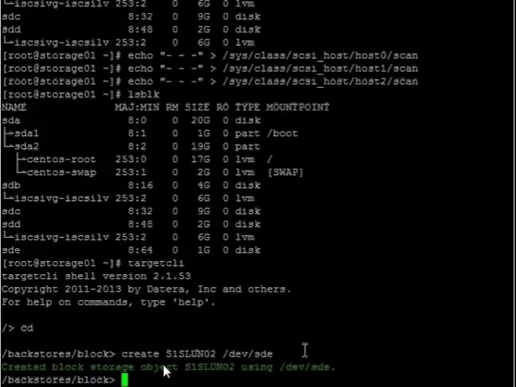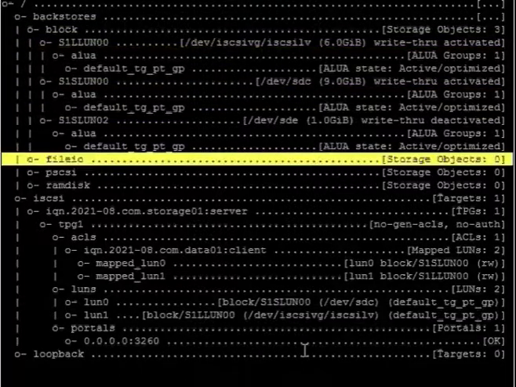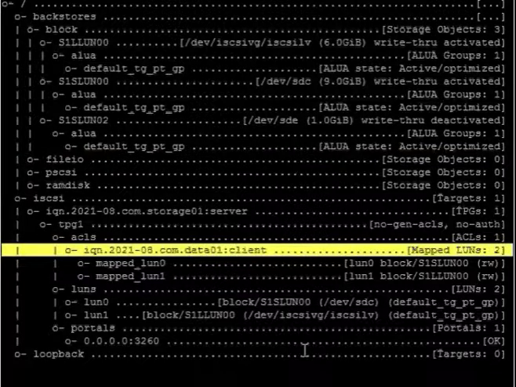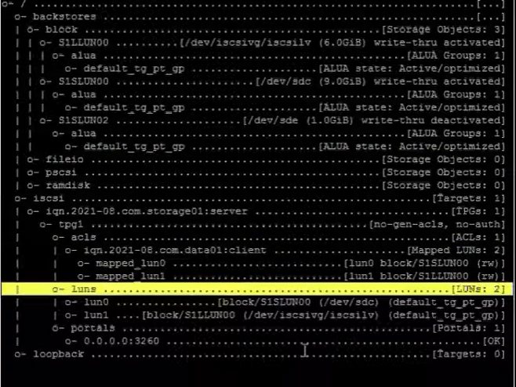You can see that the disk name which we have given is S1, this is the storage name, whereas S indicates that it is a non-LVM LUN, and we have given LUN 002, and we have given the disk. Now we have to assign this disk to this target. Just go into LUN and assign the disk.